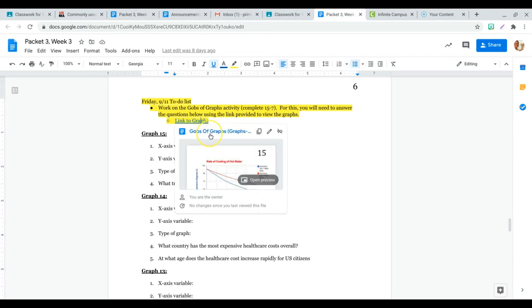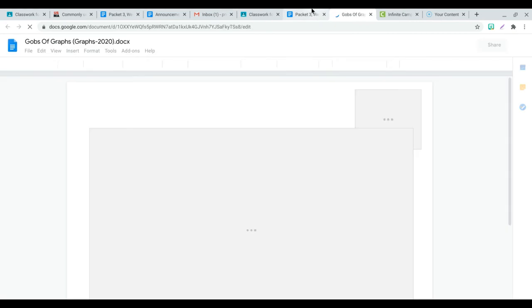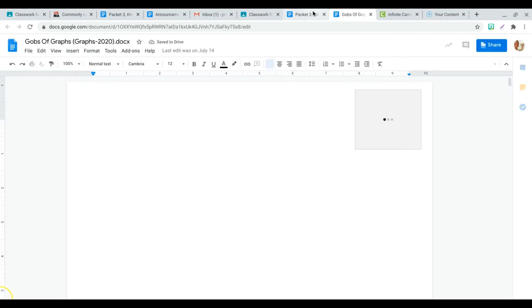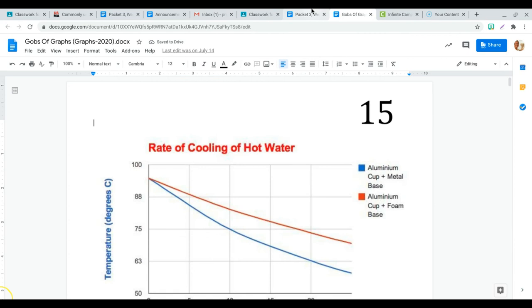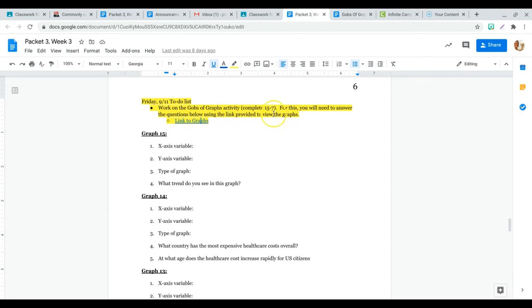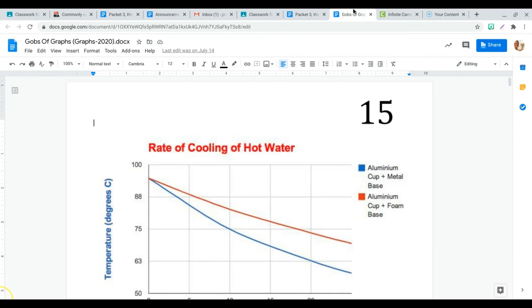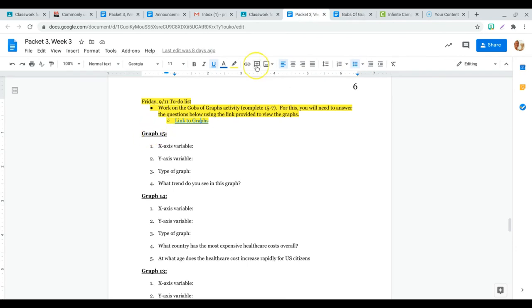So to get to the graphs, you're going to click on the link to graphs icon, and you're going to end up here. Now, I know that this says work on graphs 15 through 7, so it's backwards. Reason being is on the Google Doc that I have developed, they are backwards here as well. And to have to reformat this was going to be a lot more difficult than just starting at number 15. So when this says graph 15,